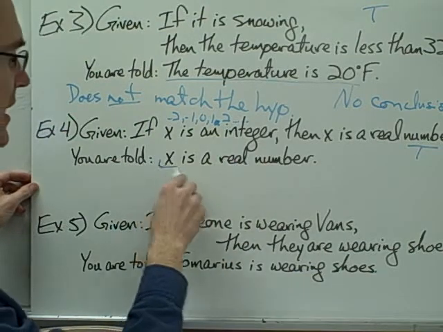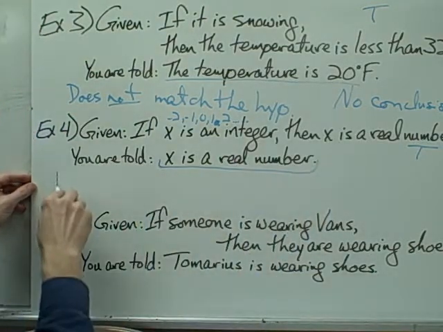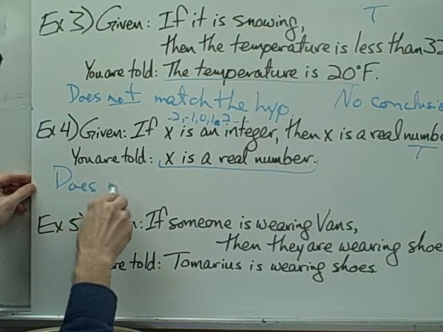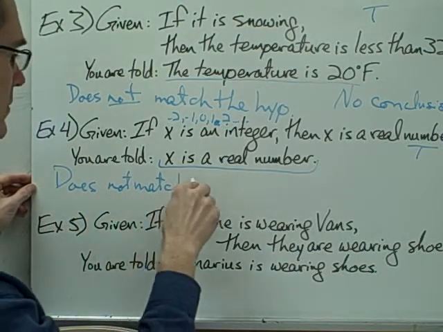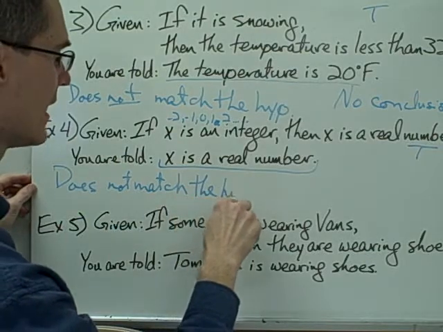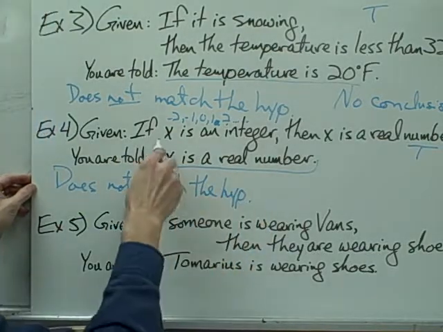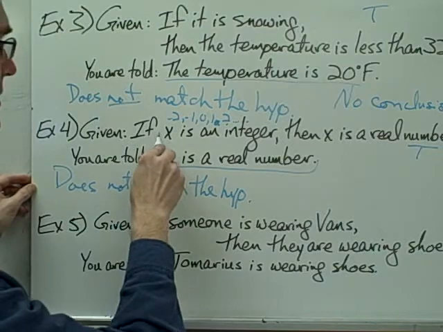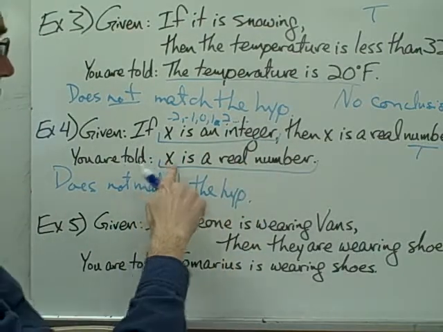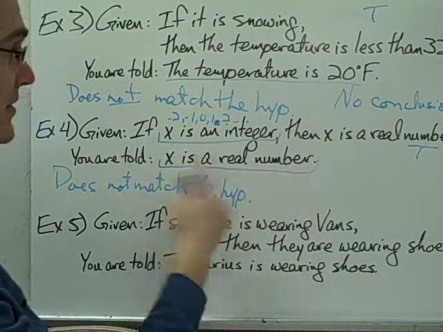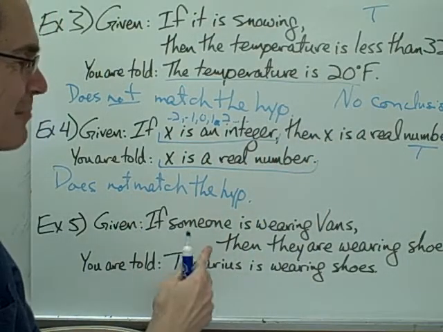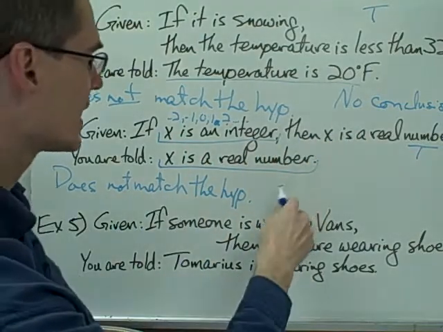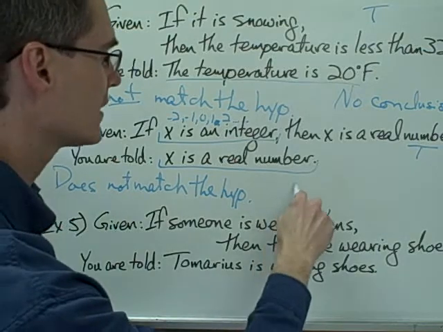Well, notice once again, this that I'm told does not match the hypothesis. My hypothesis of my conditional statement is x is an integer, and this does not match my hypothesis. In fact, once again, it matches the conclusion. Well, since it doesn't match the hypothesis, what conclusion can I draw? I can't draw any conclusion here,